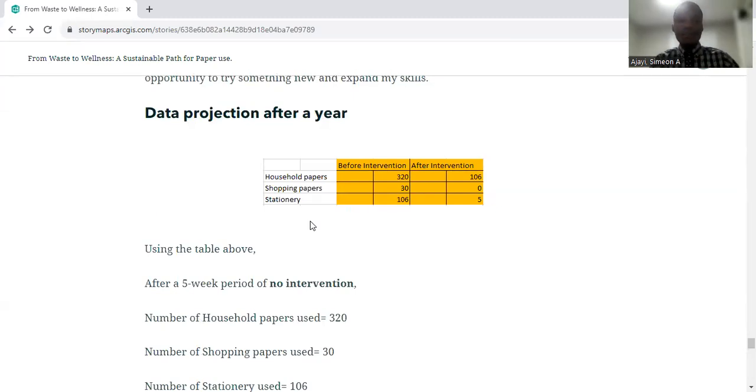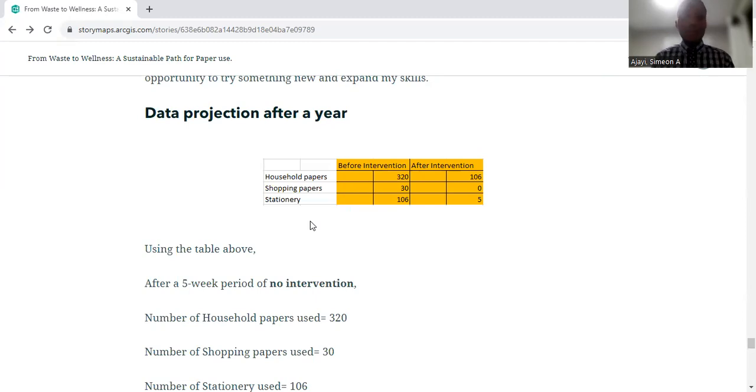So going to the projection. If I had continued this project for a year, I would like to know what the data will be like. This will help to have an insight of the effect that the intervention will have on a larger base, looking at the bigger picture on a larger base,